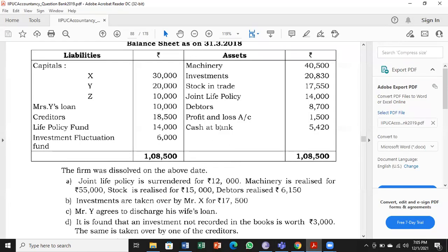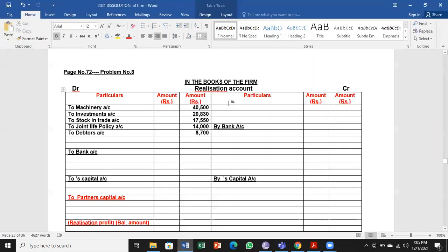So the remaining two assets, P&L account is a loss debited to partners. Cash at bank value will go to bank account. Coming to the liabilities side, capitals will go to capital account. The next one is Mrs. Y's loan 10,000 and creditors 18,500. Both will come to the credit side of realization account